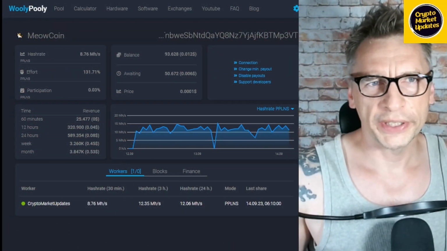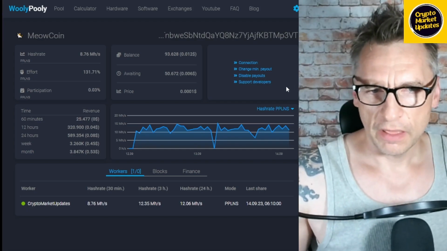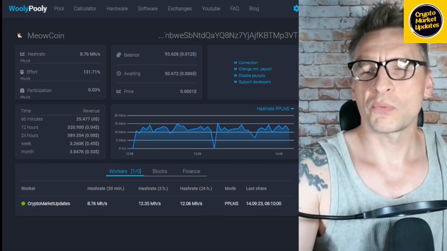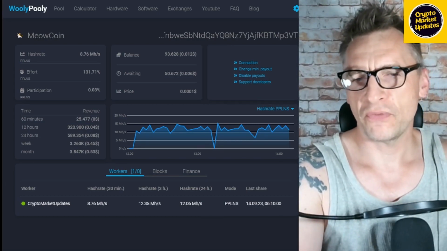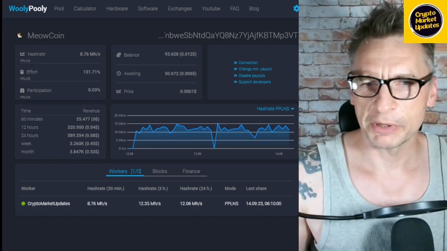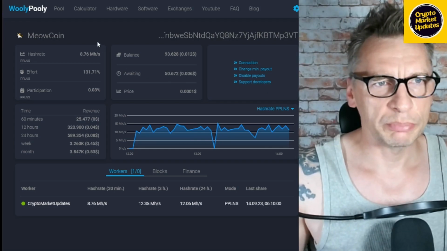Here we go. I've been mining MEOWCOIN with Wooly Pulley because that's where it popped up for me when I went to look for what to mine with my 580 GPU that occasionally sits around in the middle of the night unused while I hit the sack. So Wooly Pulley was